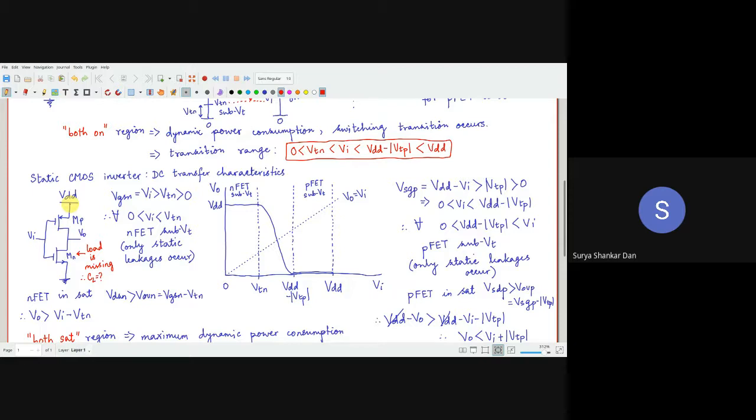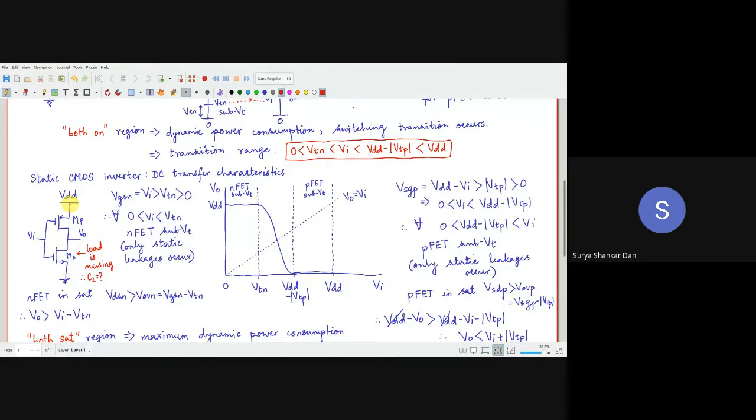Whenever we are talking about any, let us say, combinational circuit, please note, I'm speaking about a simple combinational circuit. I'm not speaking about the dynamic ones. Only combinational circuit, in the sense like a logic circuit, some Boolean function you want to implement, which does not involve any clock or any reset or any enable line. That kind of combinational circuit.